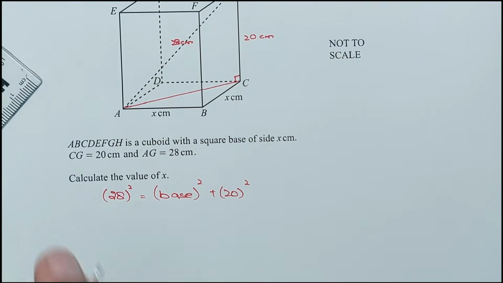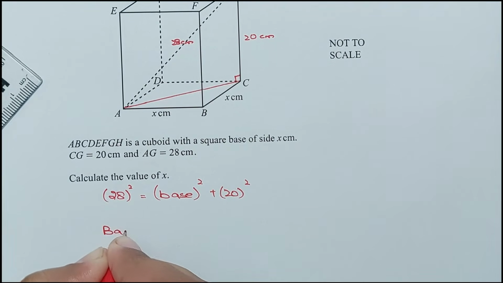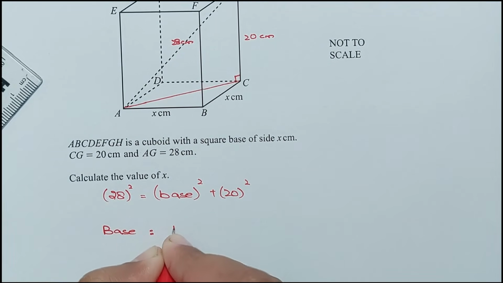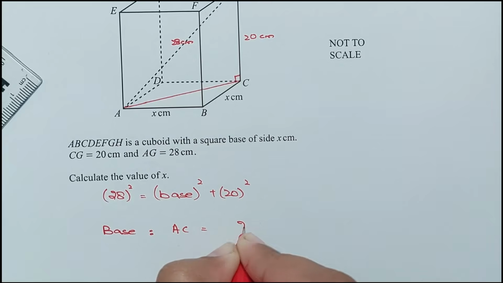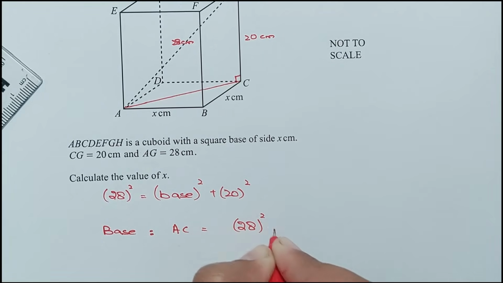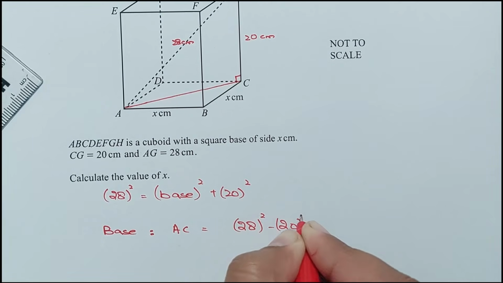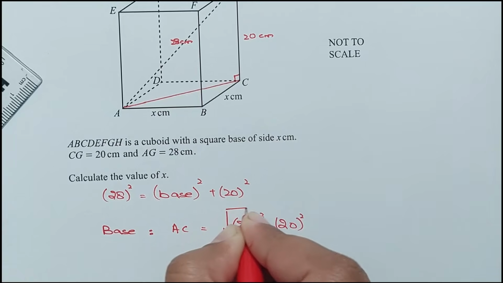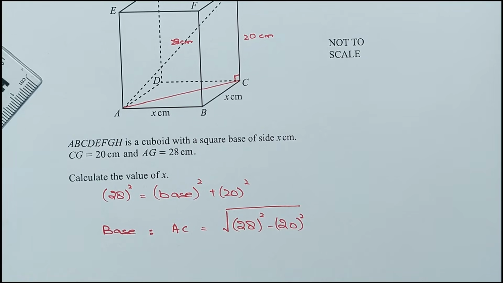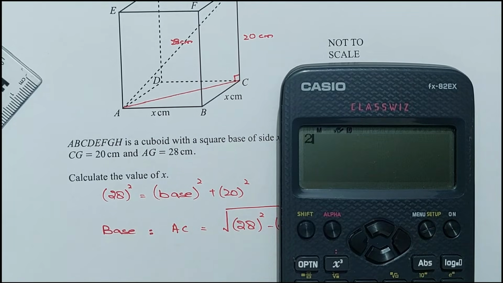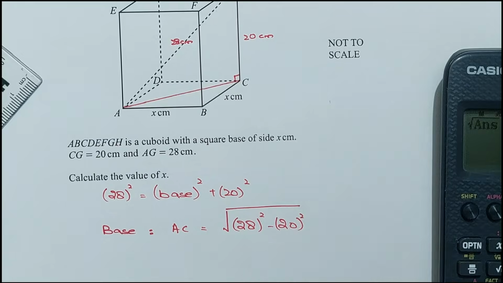So the base, which is AC, equals the square root of 28 square minus 20 square, which is 8 square root 6